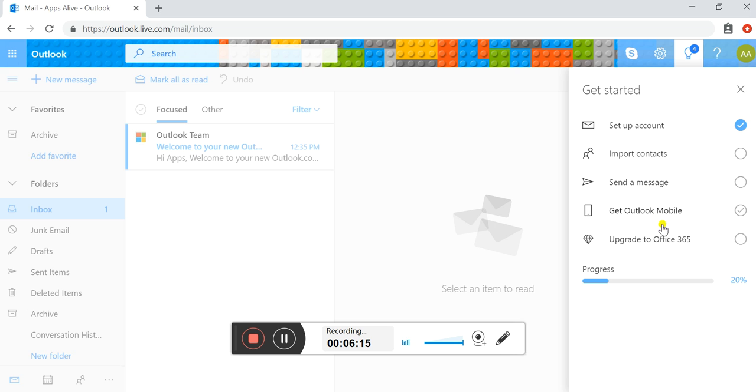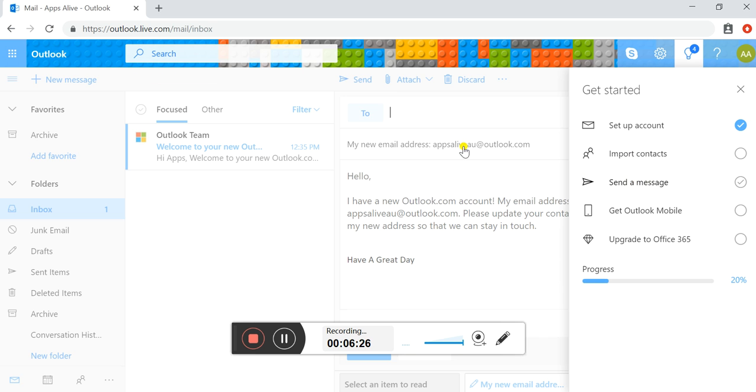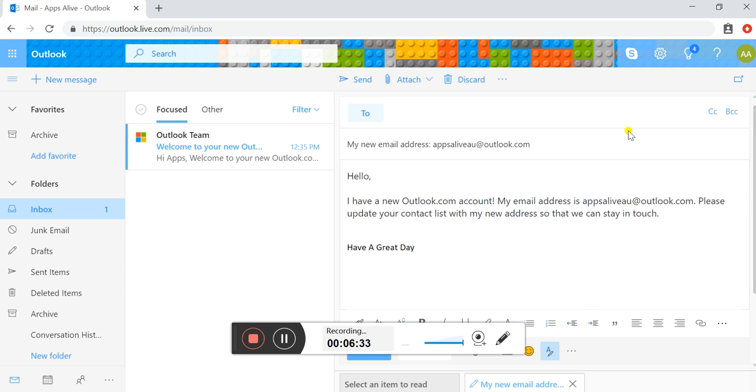So we've gone through and set up the account. You can import contacts if you want to. I don't really have any great need to. You can send an email. So that's a useful thing to do. It's given us a little bit of a template here. I'll close that down. So if you want to send the email to somebody,